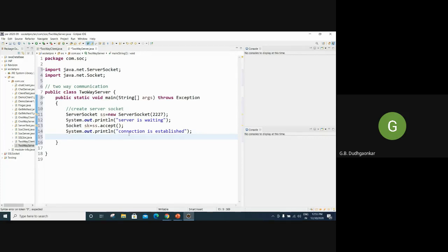After that, again we have to create the same input and output streams, one for accepting messages from the client, and an output stream to send data from the server to the client. That means in the same way, whatever we have done on the client side, the same thing we have to do here. So open the input stream.